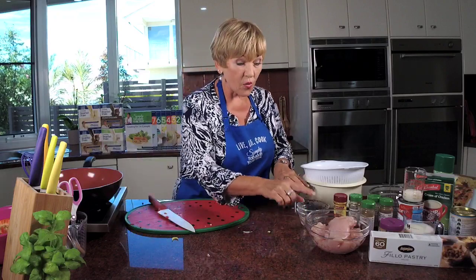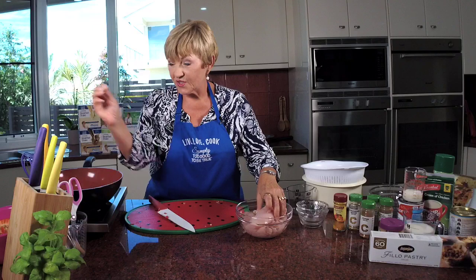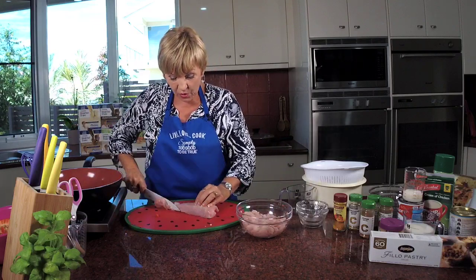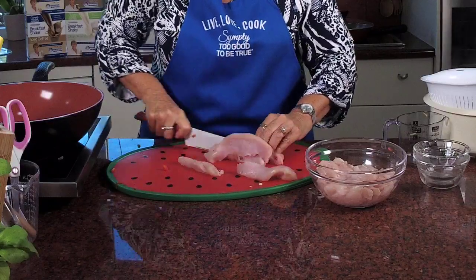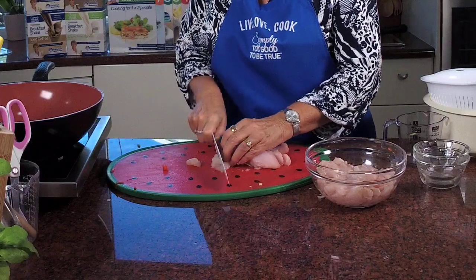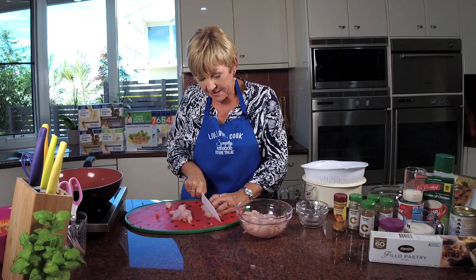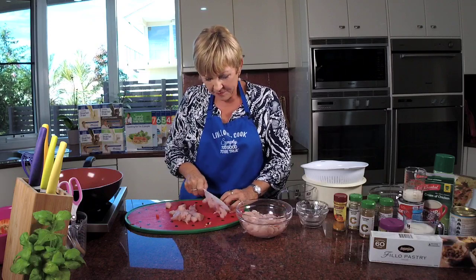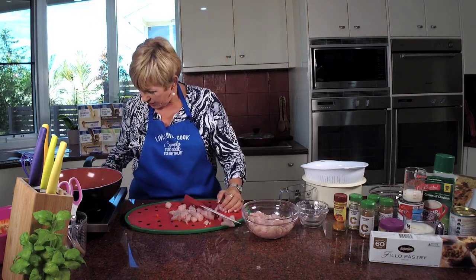Okay, so now all we have to do is do the chicken. So I did chop it up ahead because I thought, well, you know how to chop chicken. So it is small dice because I want it to go far. So this is where you just bite size. You're going to use 600 grams of the skinless chicken breast because that's lovely and lean. That's right. I might turn my cooktop on